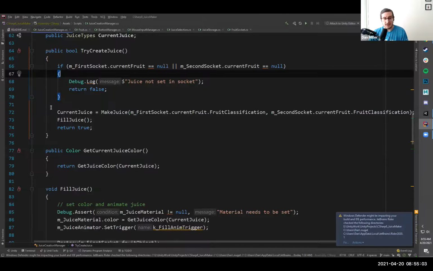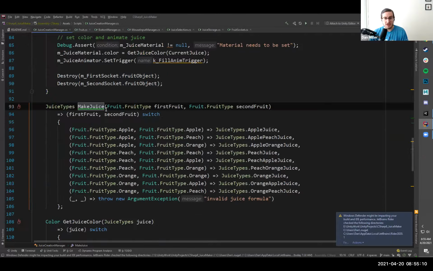Now, if we can, then we're going to go ahead and make this juice. Here's where we're using that tuple pattern. If I go down here, you can see we're taking the fruit type for the first and second, and then we're switching on it. One thing to note is you might notice we have apple equals apple juice, apple peach equals apple peach juice.